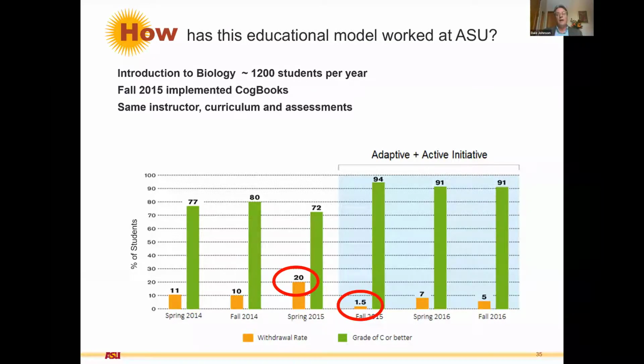Then we also found that the results on the exams and the final outcome of the course were significantly higher. We attribute that to the adaptive systems because students can go back and watch the lecture repeatedly. It's videotaped, so they can watch it 3 or 4 times, and they do. The data shows us that they are replaying the lecture. So giving them an opportunity to integrate and assimilate that knowledge on their own time, not rushed through a 50-minute lecture, has tremendous value when they get into the assessment and examination process.